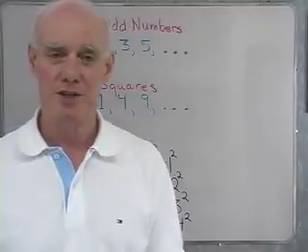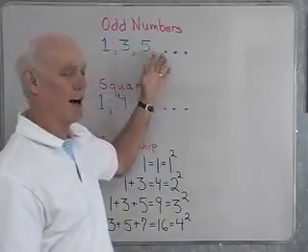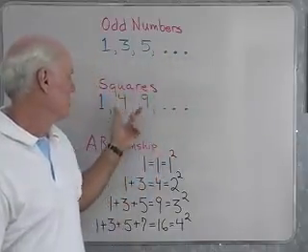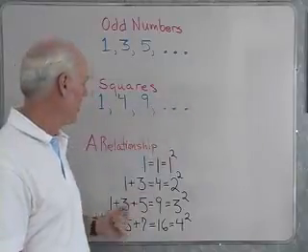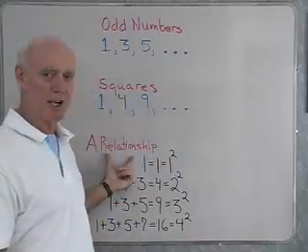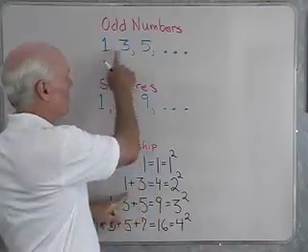Okay, a little bit more about sequences. Just to review, we have the sequence of odd numbers, 1, 3, 5, so on and so forth. The sequence of squares, 1, 4, 9, 16, and so forth. And then this relationship between them that says that if we add the first two odd numbers, 1 plus 3,